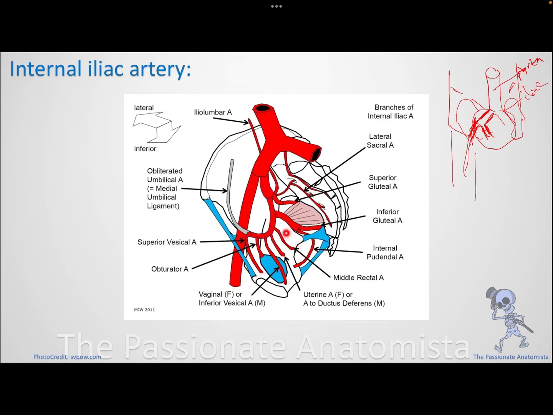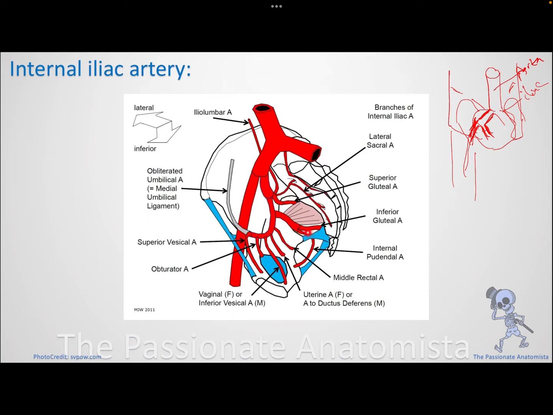In order to come out of the pelvis and enter another region, which is in the next floor down, I need to come out from a foramen and come down inside the next region. So the internal pudendal is the next one. Pudendal means shame area, same as the perineal region, the genital area. So the internal pudendal is going to take care of the perineal region, but in order to do that,